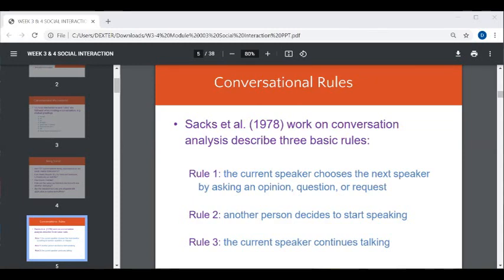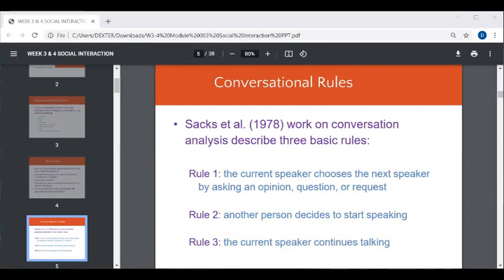Okay, so those famous for their work in conversation analysis describe this turn taking with three basic rules, which I read a while ago. Okay, so the first is that the rules are assumed to be applied in this order. So whenever there is an opportunity for a change of speaker to occur, for instance, someone comes to the end of a sentence, rule 1 is applied. If the listener to whom the question or request is addressed does not accept the offer to take the floor,